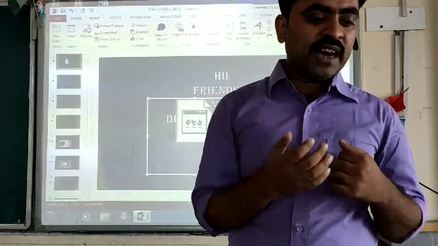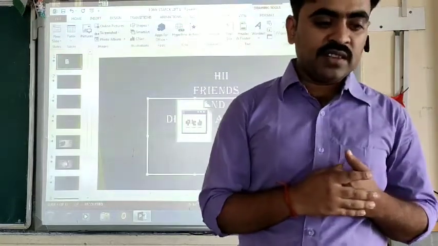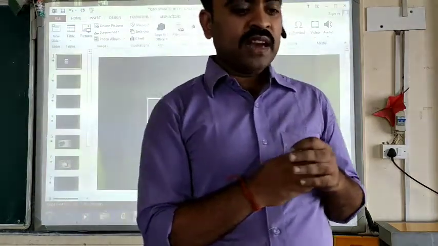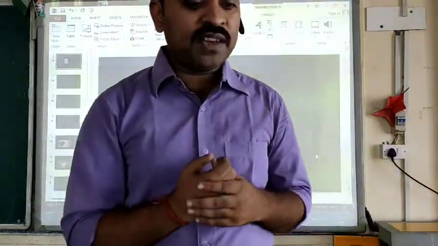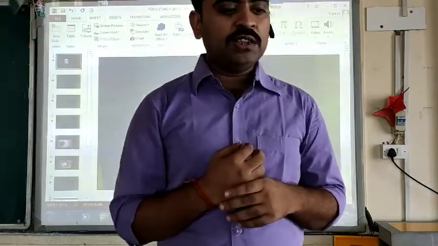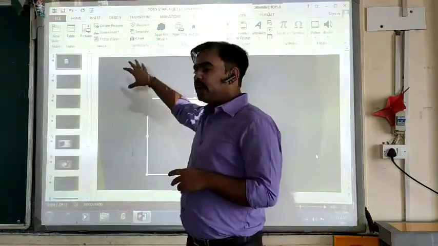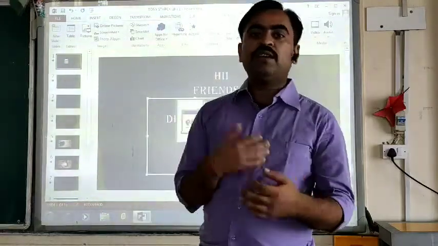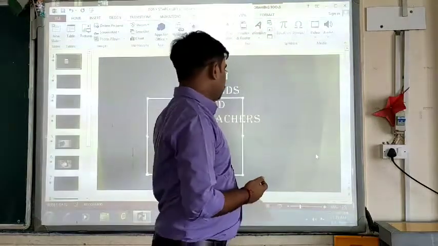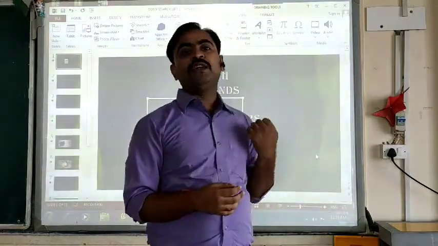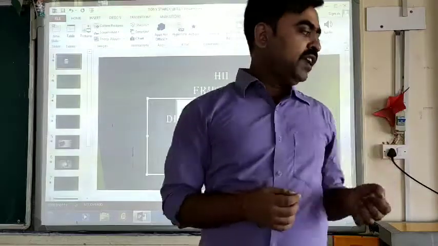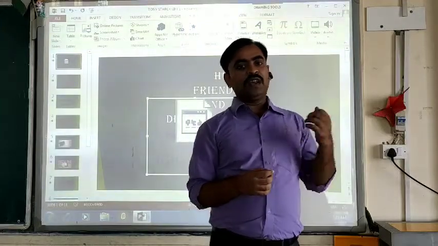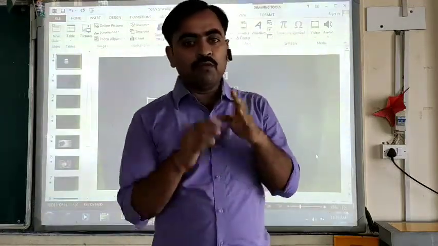One is interactive slideshow and another is self-executing slideshow. In the interactive slideshow, the user has to click or press the enter key for the advancement of the slide. Whatever examples we have seen till now, I have shown you the way of interactive slideshow, where we need to click the mouse, or use the arrow keys or enter keys on our keyboard to move from one slide to another.